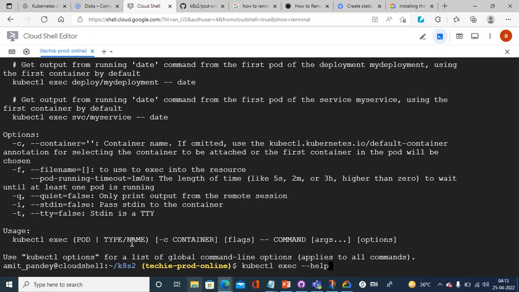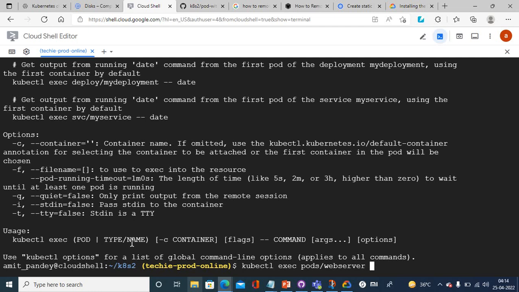Okay, again kubectl exec, then pod, then I'm using pods, pods slash web server,